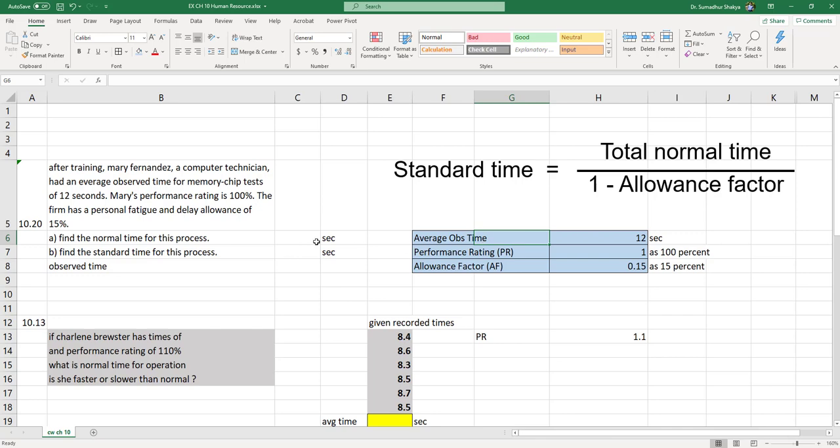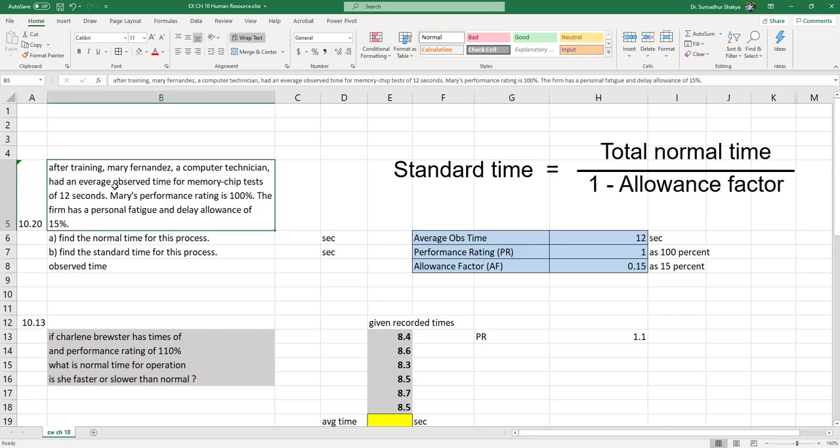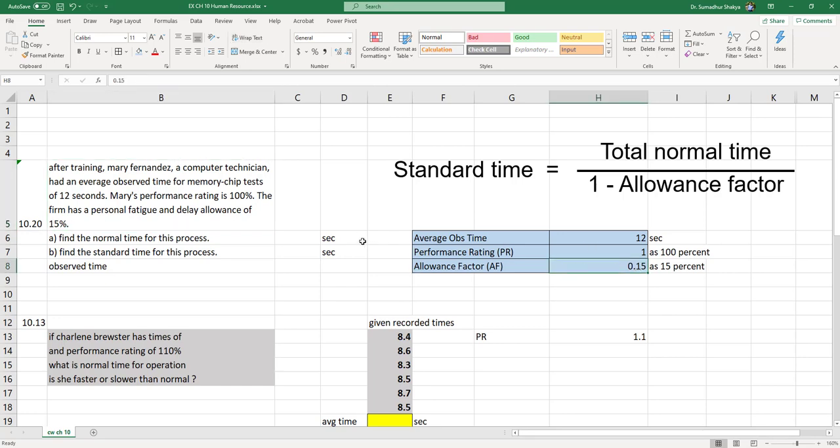Okay, so in the first question, we are given the average observed time of 12 seconds and rating as 100%, that I wrote as 1 in the cell so that I can use it in my calculations. And then the firm has a potential fatigue and delayed allowance of 15%. So when I say 15%, that means 0.15 as something that we can use. So when we calculate as normal time,